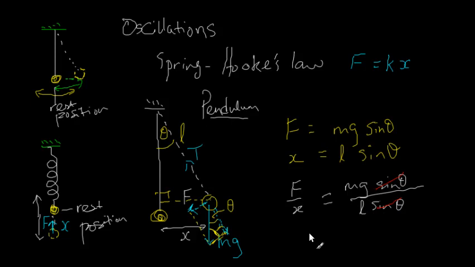So therefore, now I have my equation. Let me write it in a way that looks a bit like Hooke's law, with F as the subject, and I'll move x to the other side and just multiply both sides by x. This is what I have: F = mgx/L. So we have a nice simple formula